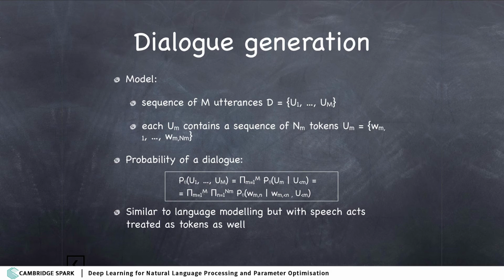So the model now is going to use two types of representation. Obviously, we want to condition the next utterance as a whole on the utterances that have been produced so far. And within each of these utterances, we want to condition each word on the words that have been produced so far. And we can combine both of those in a single representation, treating the utterances as well as words as tokens in this formula. So that's the background of this system.